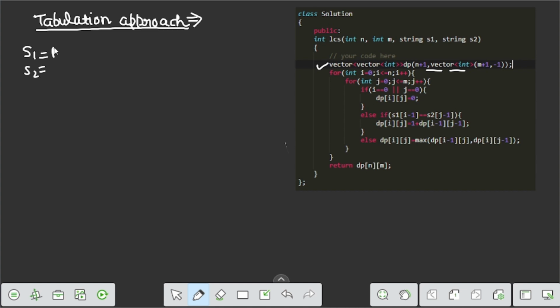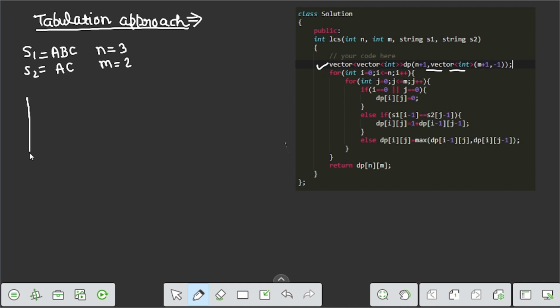Let s1 be abc and s2 be ac. So the length of s1, n, becomes 3, and the length of s2, m, becomes 2. Here we initialize the dp array with rows n plus 1 and columns m plus 1.